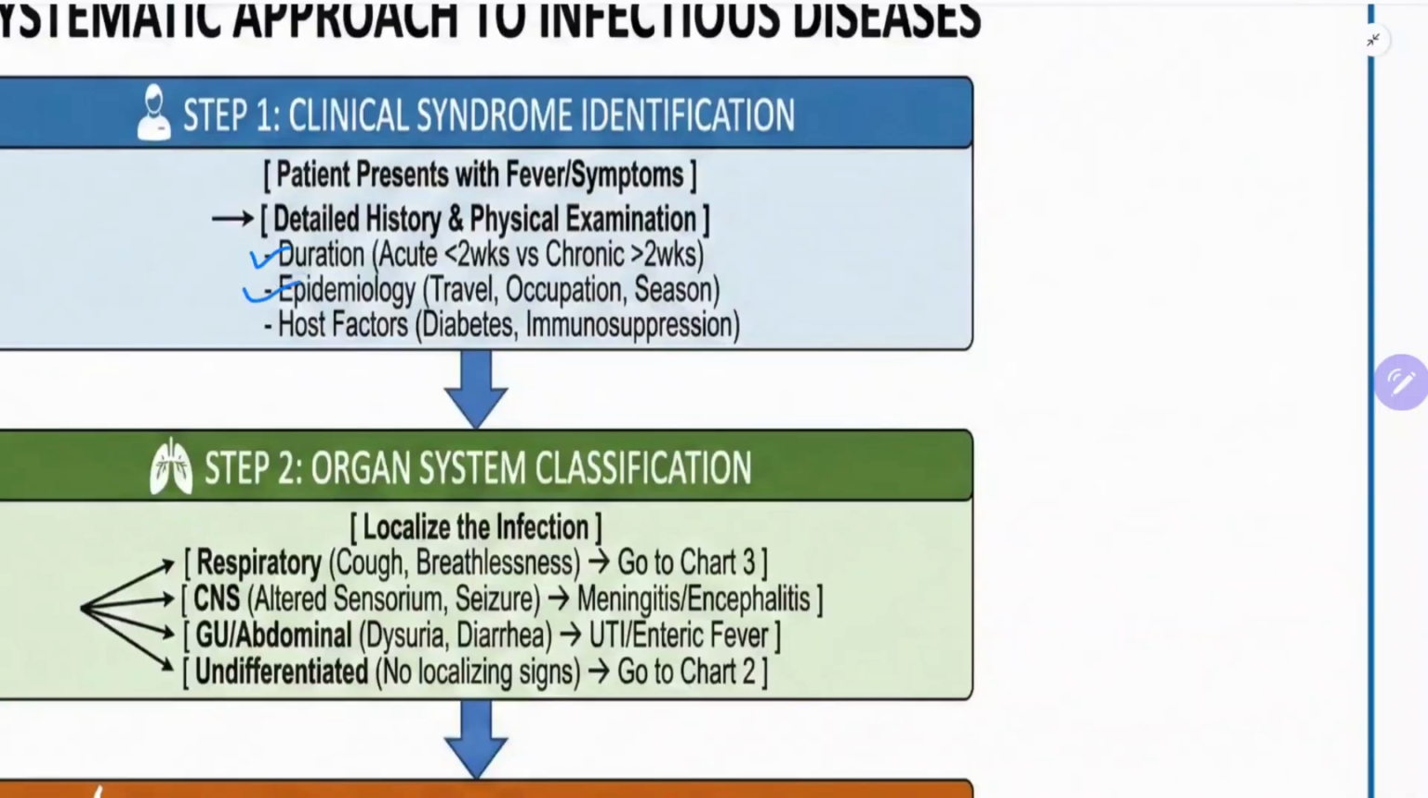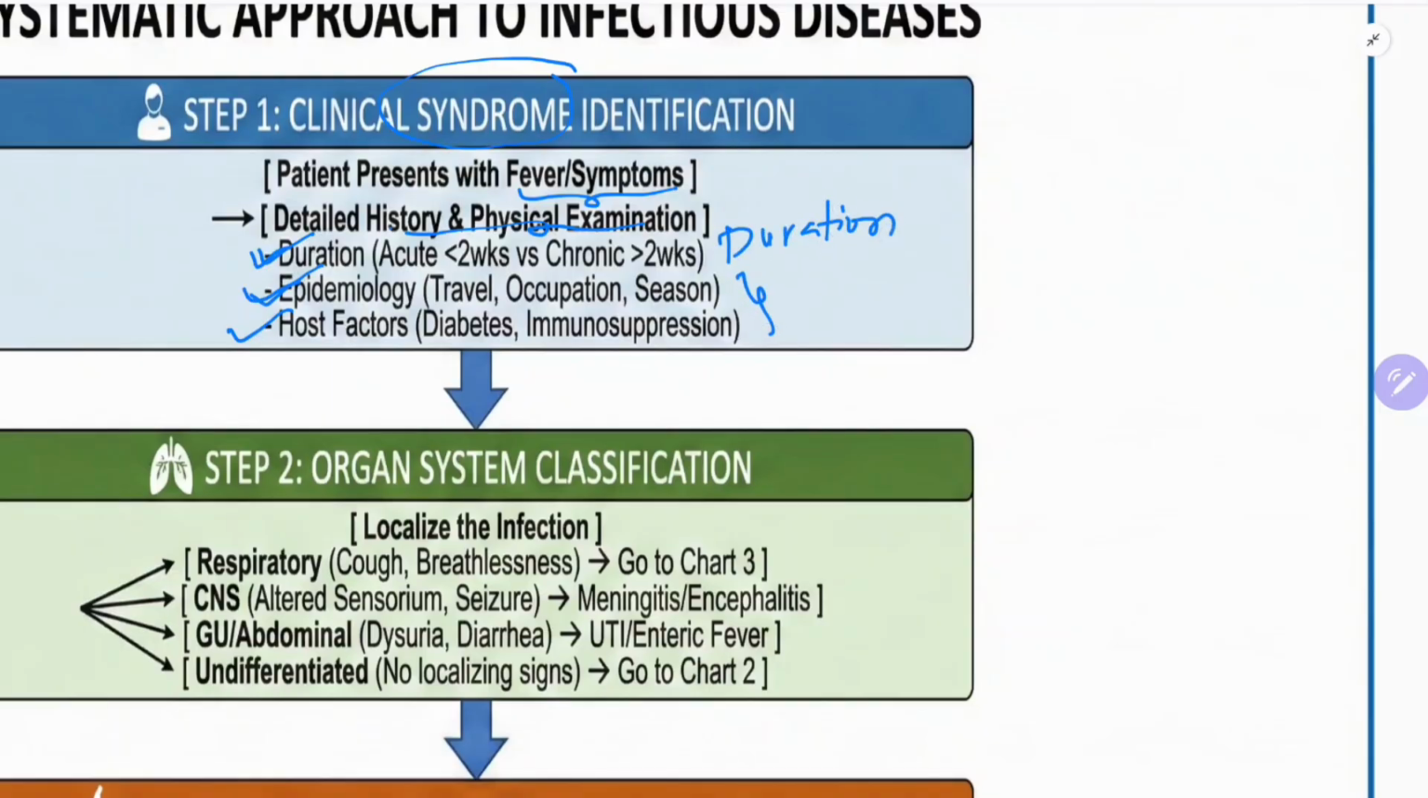And you see the epidemiology, whether there is a history of travel, what is the occupation of the patient, what is the season, because seasonal variation is there. Host factors like whether the patient is diabetic or HIV positive or on immunosuppressants or immunocompromised or on chemotherapy. So all these things. You will identify the syndrome based upon the patient's fever and symptoms, history and physical examination. In history and physical examination, there is duration of fever, epidemiology, meaning nothing but exposure history,